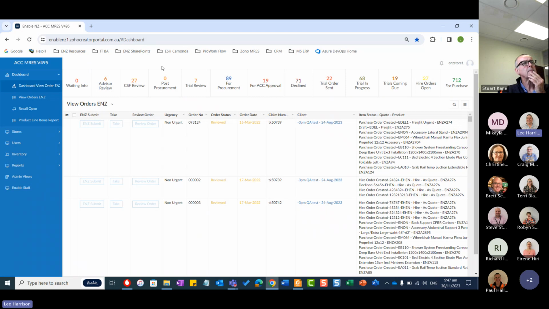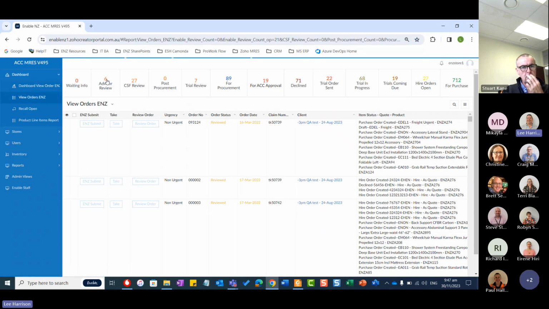But if you log in as, for those in the contact center, when you log in, you see the same view as this. So if you go to the dashboard view, these tiles show you what's in the queues. So basically these are filtered queues. So if you want to see what's in there for advisor, if you click on that,